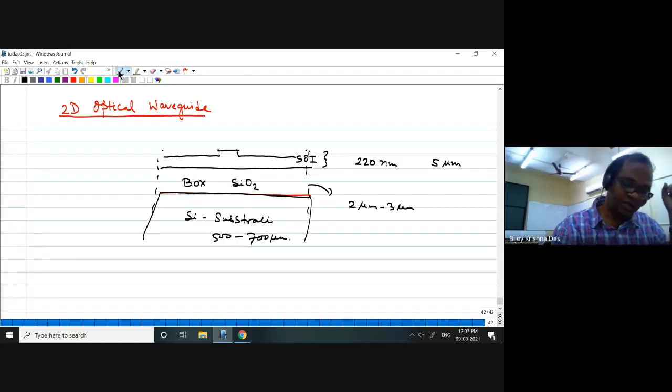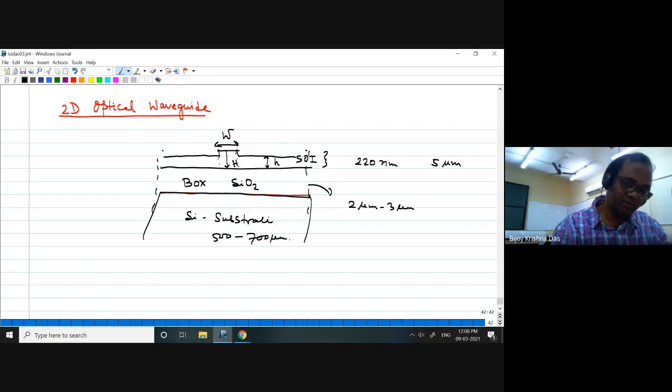I discussed earlier that this can be considered a waveguide. We define the width with a parameter W, and the rib height is so-called H. We also consider a slab height, h. This is the dimension. If properly defined, you can get guided mode solutions within this region.